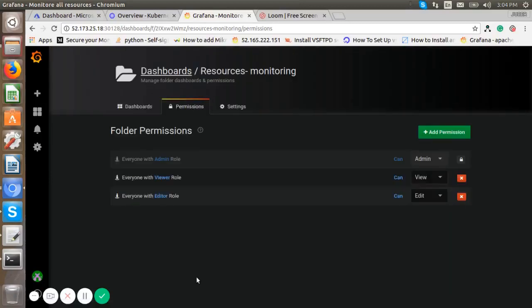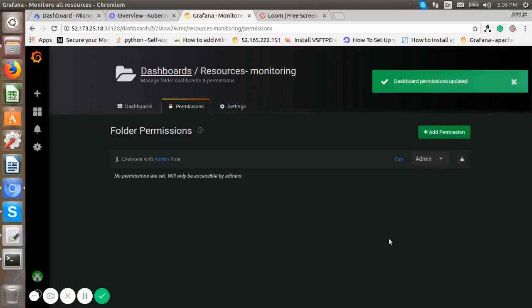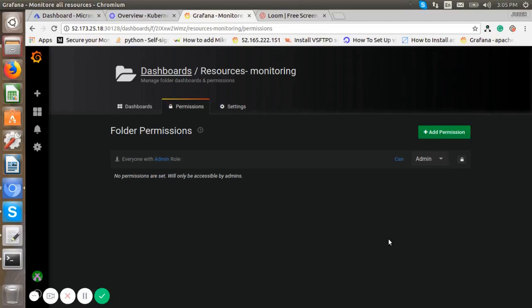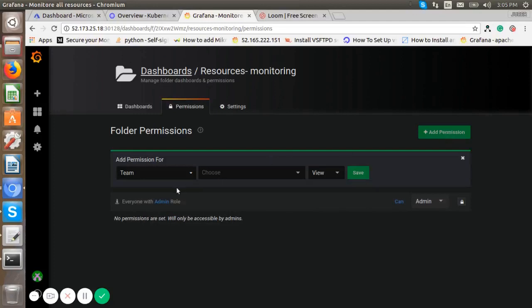Here we can see the default permission is that everyone can view and everyone can edit this dashboard. But we do not want everyone; we want only the Reactworks admin user. So we can add the permission from here.